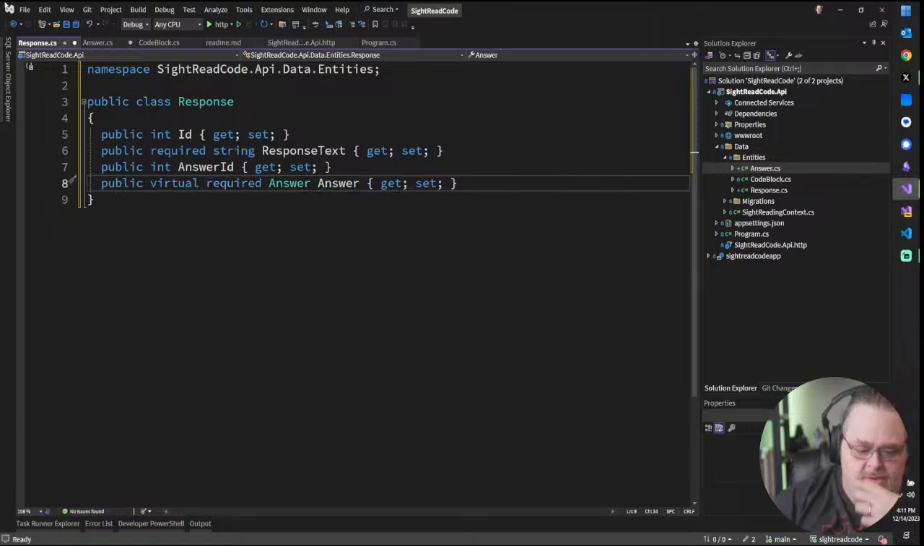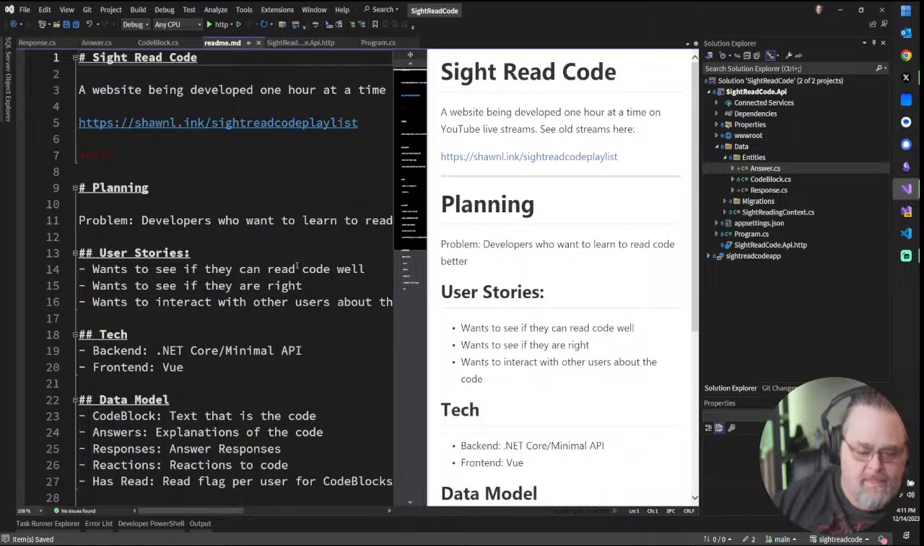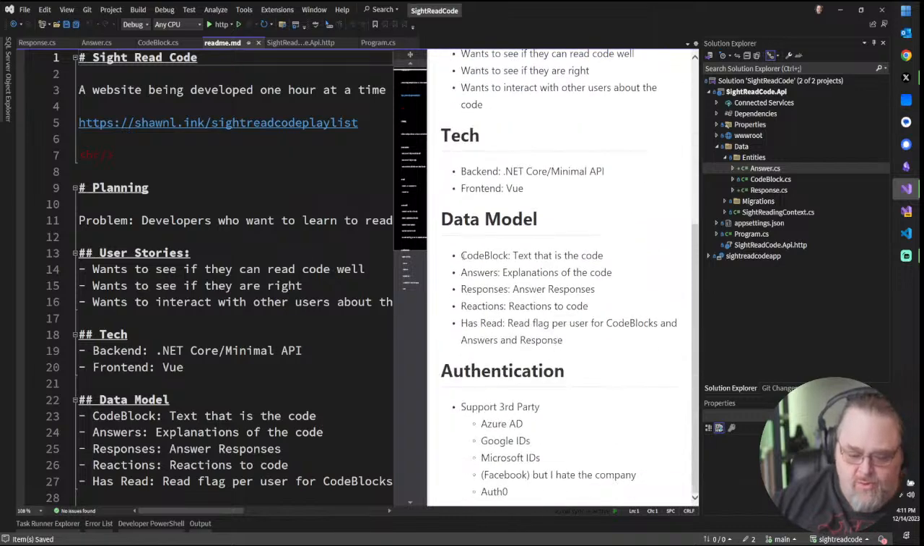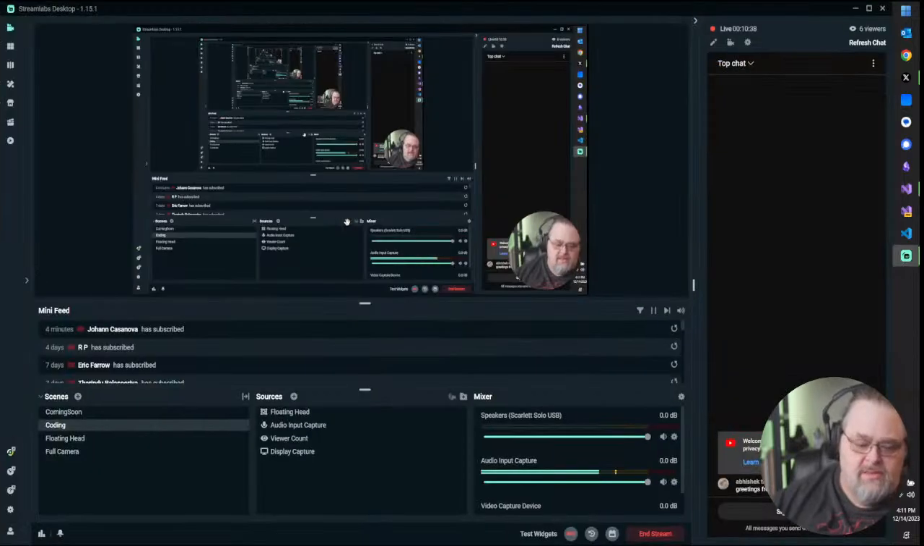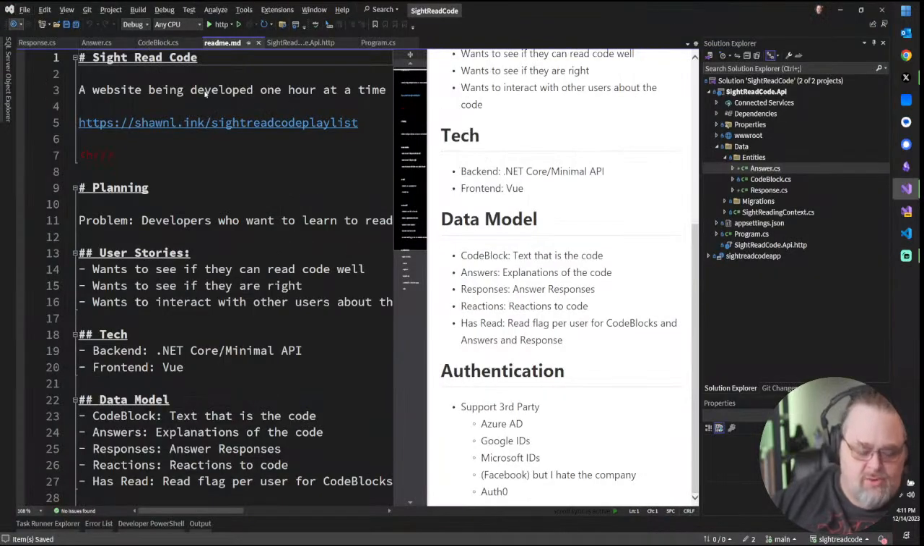Oh, and we need to make that required. And so if we go back and look at our data model or our README where I've done this, so we have code block, answers, responses, reactions, and at some point we're going to need to